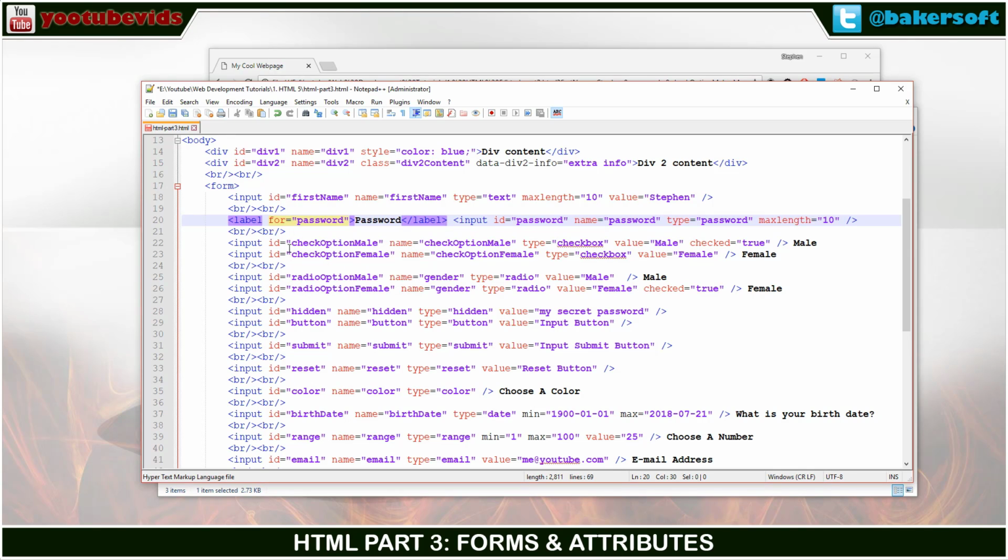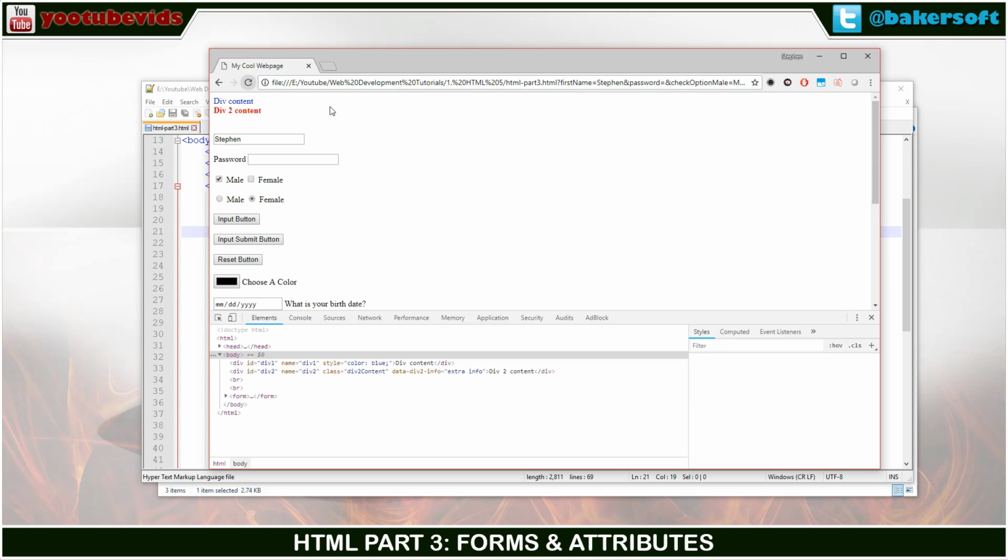We'll call it password. Label for password. Now what do you think that's going to do? I'll refresh this form, and now if I click on this password label, pretty neat, it put me inside my